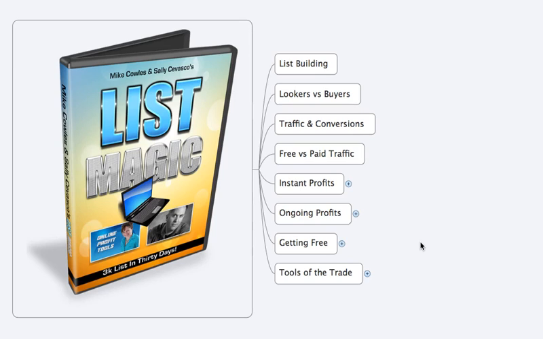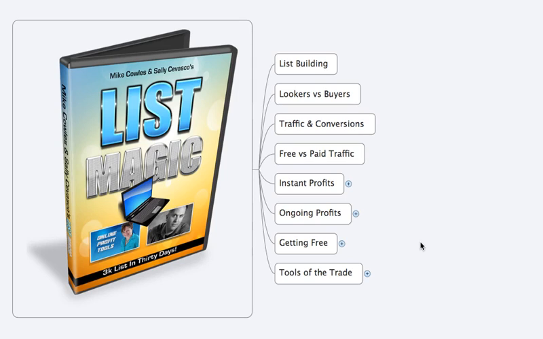So, first thing is, as I always try whenever I'm doing any teaching, is to meet people where they're at. And while I want to share some medium to advanced strategies, I also want to make sure that I cover some of the basics. The first thing is, most people have heard the money's in the list, but to define it, what's list building?